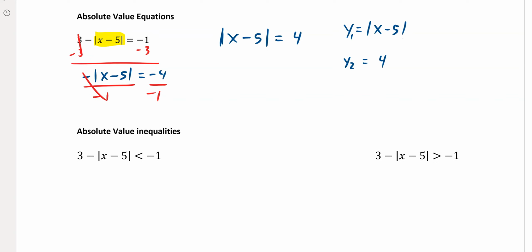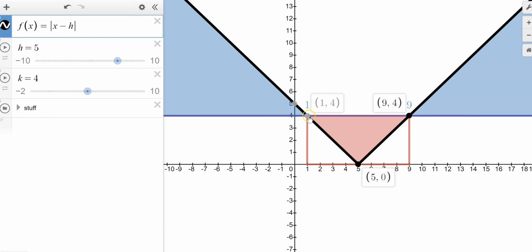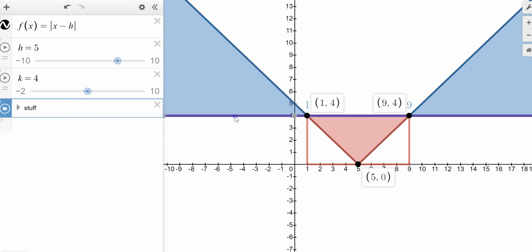So let's look at Desmos. I've already got this set up. So this is our absolute value right here, and you can see there's our 5 right there. So that is shifted to the right 5 because we had a -5. And then our 2 points of intersection are here, 9, 4, and 1, 4. So this is our y equals 4 line. You can see it's a y equals 4 line. So the solution would be